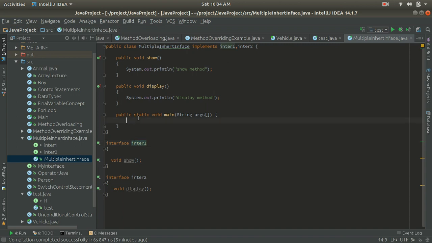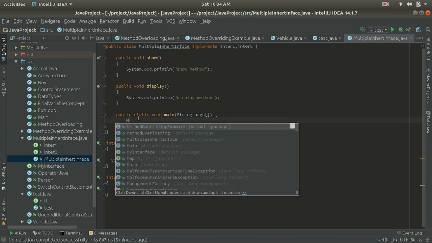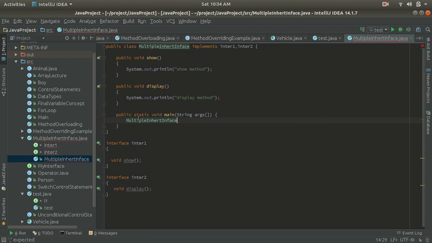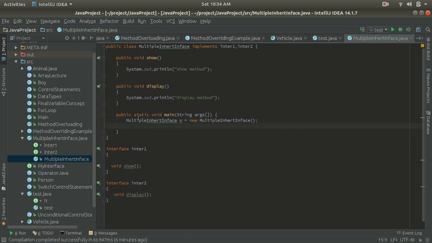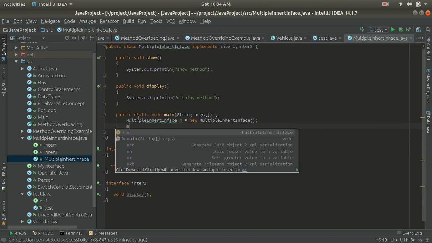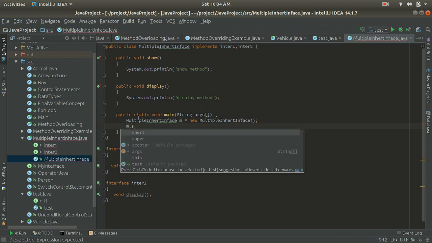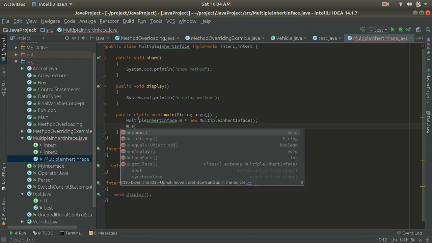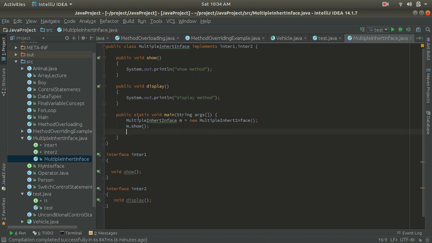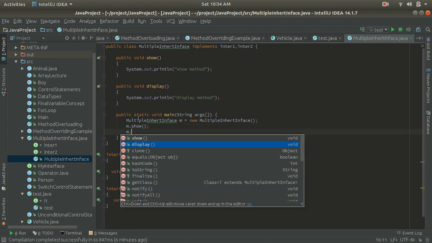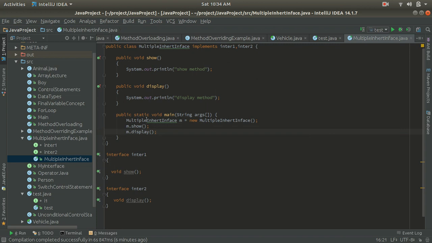So MultipleInheritanceInterface m equals new keyword. With the help of this object we will call the show method, and also the display method.